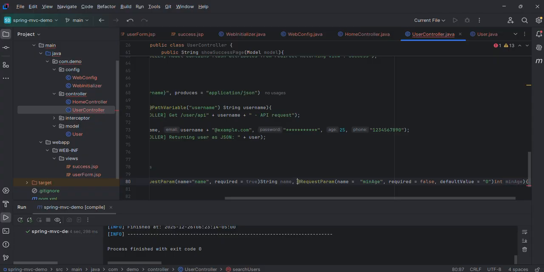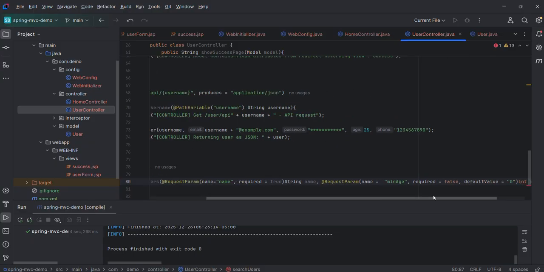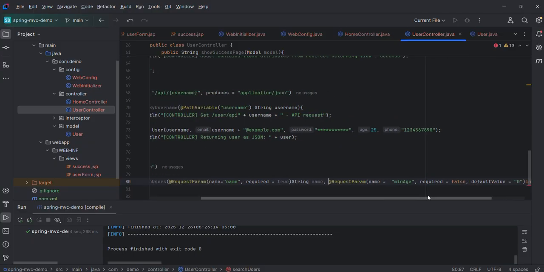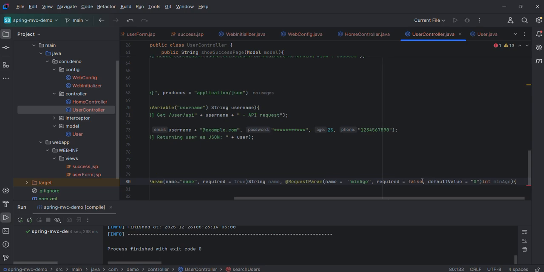Okay, and so here the request parameter minimum age, required is false, which means we don't have to enter anything. Even if we don't enter anything, it will just default to 0, which is min age. Okay,